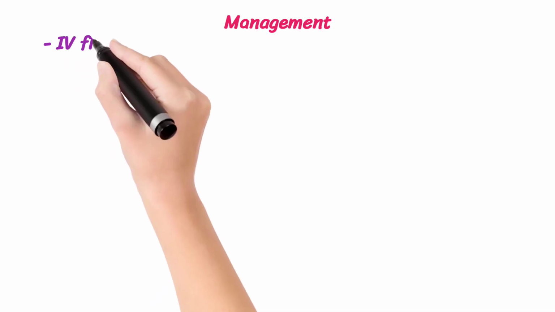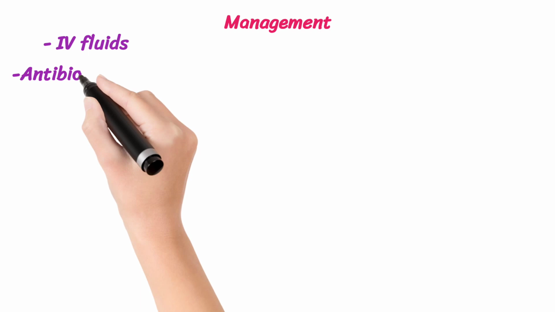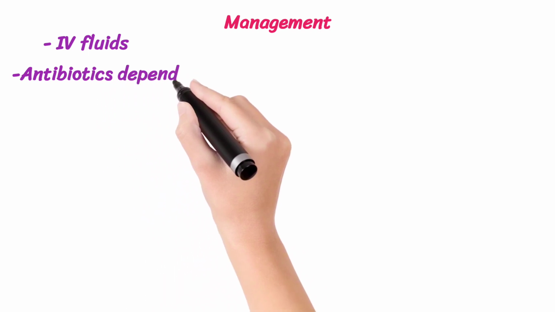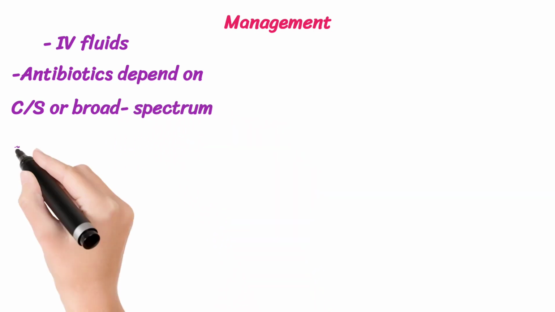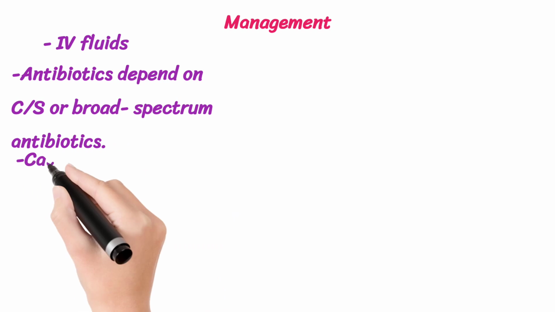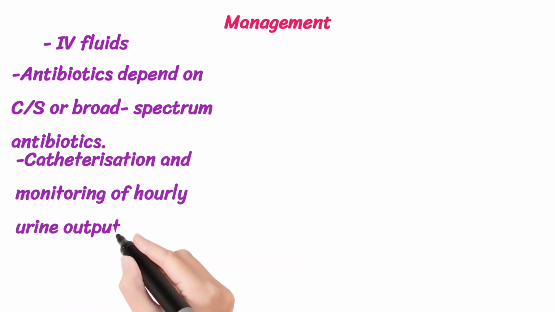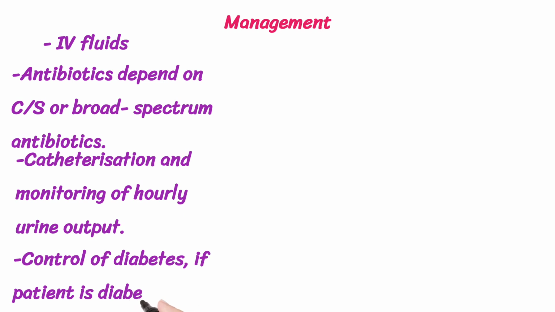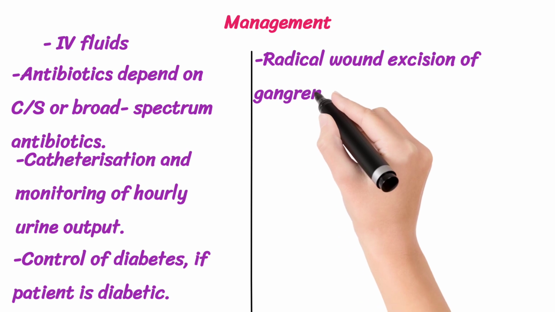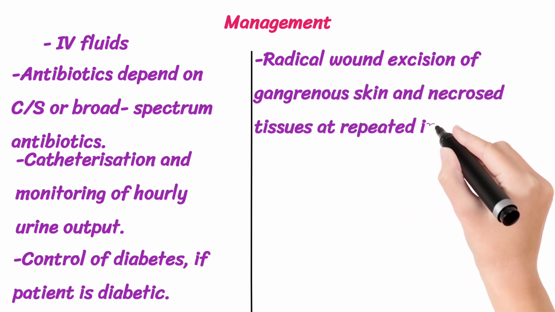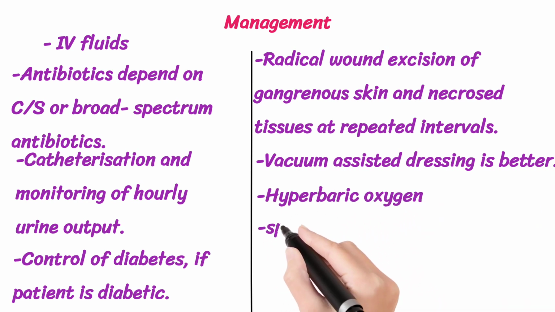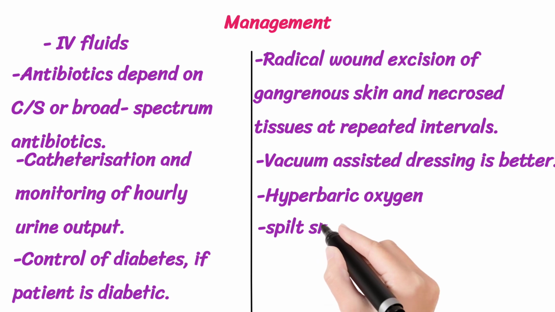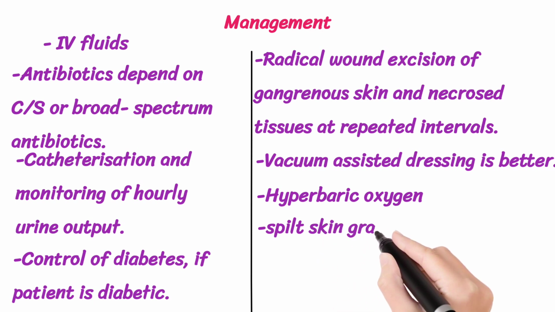So you can give IV fluid depending on your patient, antibiotics, obviously, as you've said before, depending on the culture and sensitivity, or give broad spectrum antibiotics for empirical treatment before the culture and sensitivity results come back. You can catheterize to monitor urine output hourly. You control diabetes, as I said before, if your patient is diabetic. Then you do radical wound excision of the gangrenous skin and necrotized tissue at repeated intervals. Vacuum assisted dressing is also better and has good advantages. Hyperbaric oxygen also has very good advantages. And later on, if the patient recovers and you have healthy granulation